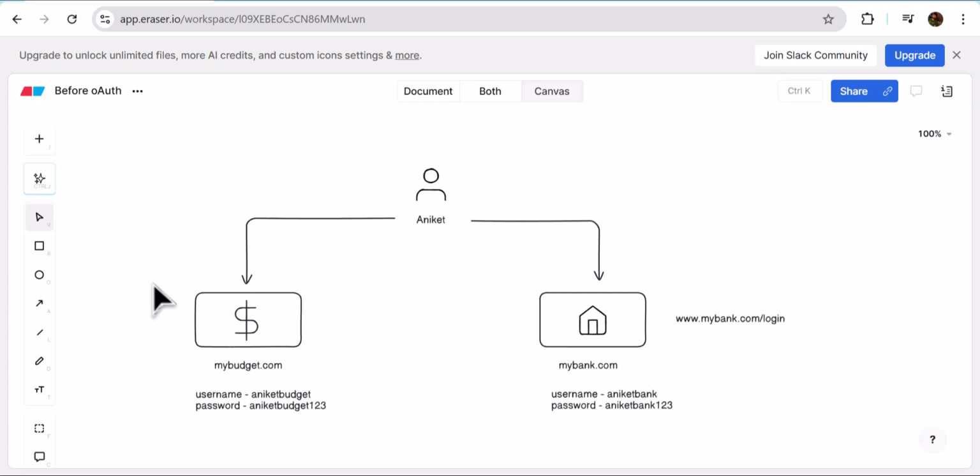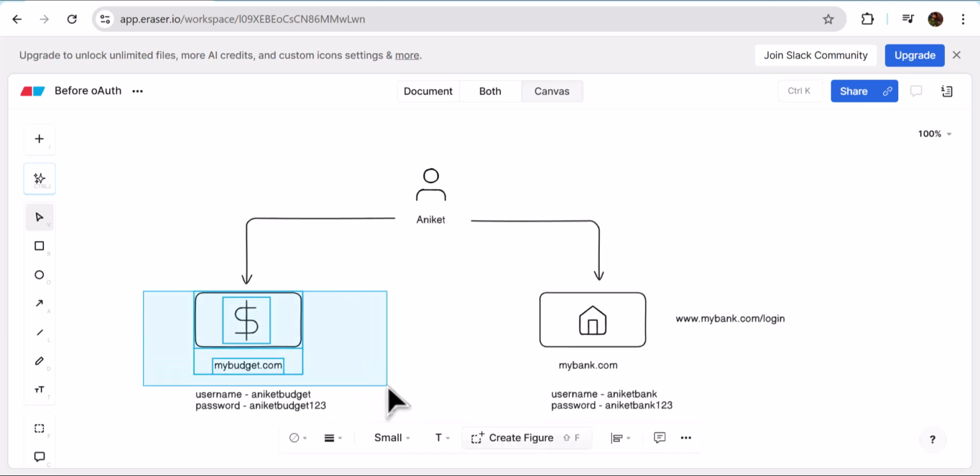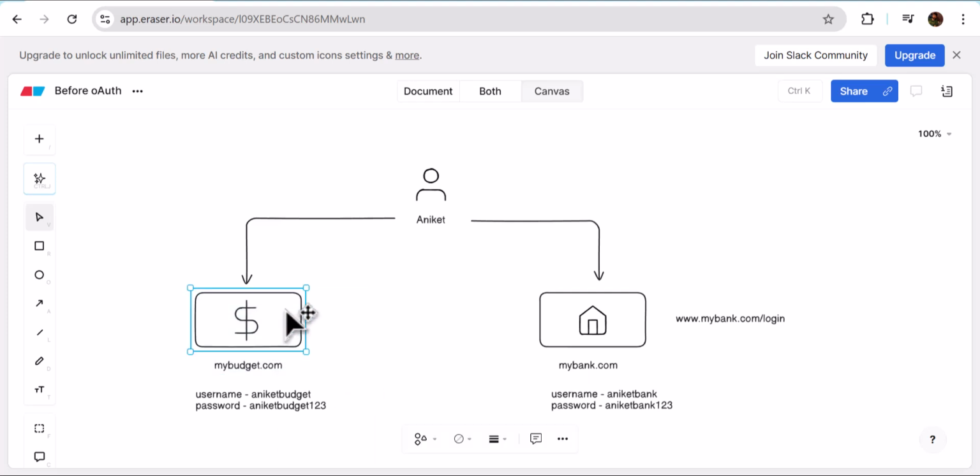So mybudget.com will have that information. And when user Aniket logs in to his mybudget.com account, he might see some button or some call to action. For example, it could be "retrieve my bank details", right? So there could be some button or call to action. And when Aniket clicks on that button or takes action on that call to action, ultimately what mybudget.com is looking